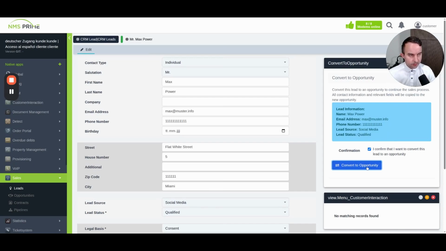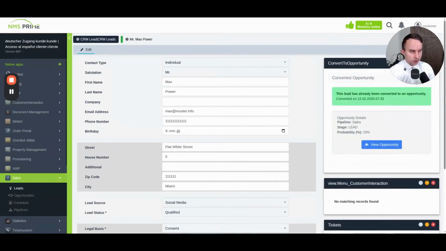So let's convert it. I have converted this lead to an opportunity, and we see that the converted lead is automatically added to our pipeline called sales, and it's set to the initial stage, which in this case is lead, and we see there's still a closing probability of 20%. So we can go here now,